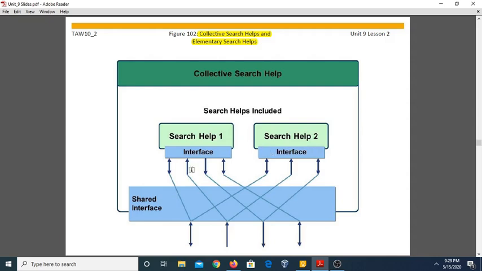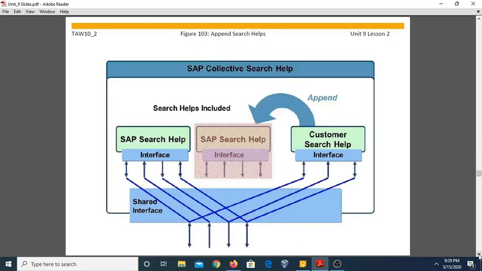You can see in this figure the inward arrow represents importing parameters and the outward arrow represents exporting parameters. And the double-sided arrow represents importing as well as exporting parameters. So this was all about the collective search helps and elementary search helps.